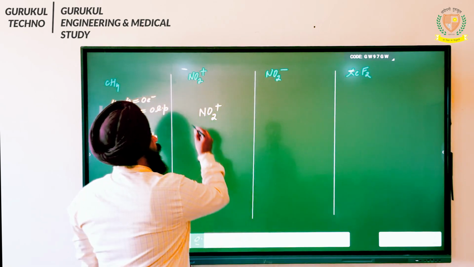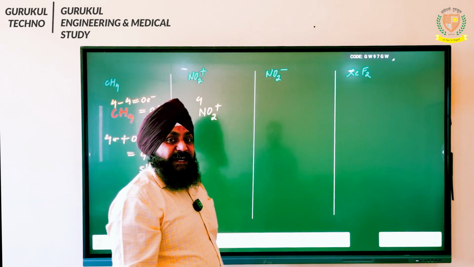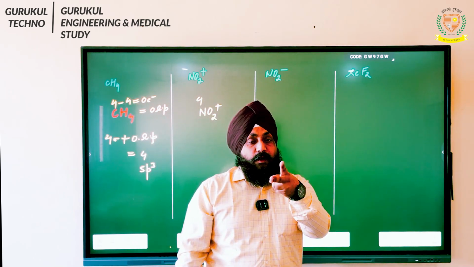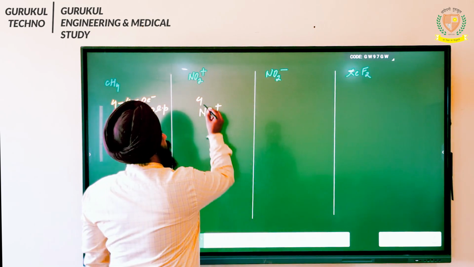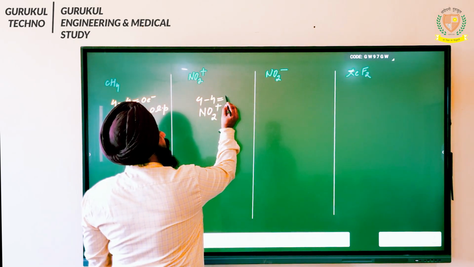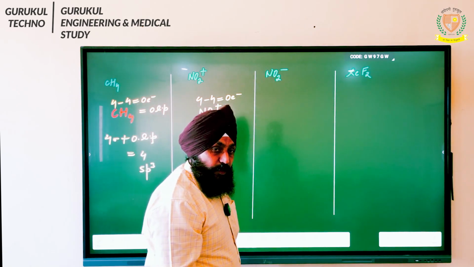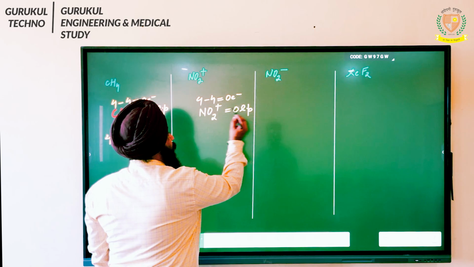So here it will be 4 over here. Now oxygen is a side atom over here. One oxygen will share 2 electron. So here we have 2 oxygen, so it will be 2 into 2, so it is going to be 4. So students, here there is going to be how many electron? It will be 0 electron. Since it is 0 electron, you say there is 0 lone pair.